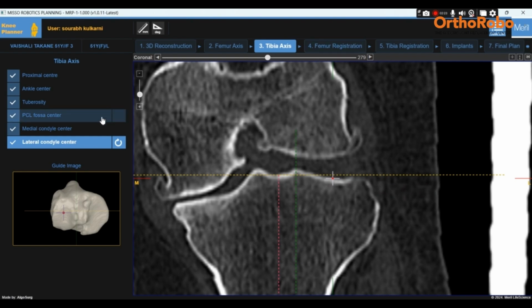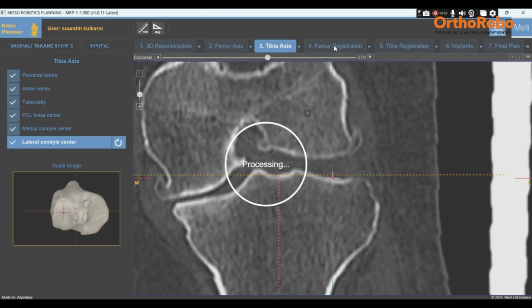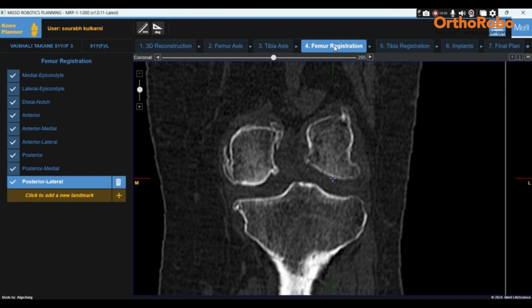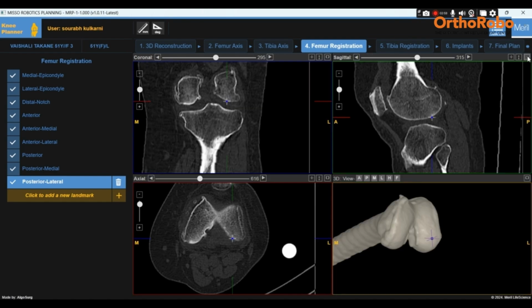Now, after taking these tibial axis points, we have to go to the femur registration. These femur registration points don't have any impact on planning implants, but the femoral registration and tibial registration points have to be chosen for the initial mapping of the femur and the initial mapping of the tibia. These points have to be chosen by the surgeon before entering the operation theater, because if he knows them perfectly, he can reproduce them perfectly in the operation theater, and the initial mapping RMSE, root mean square error,